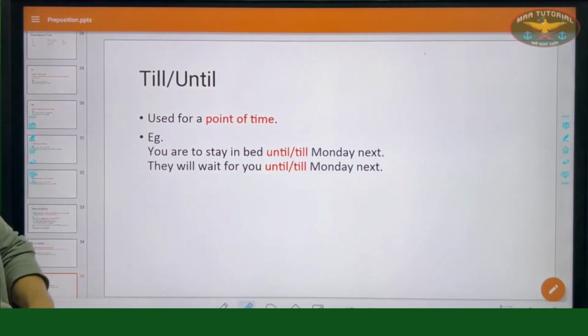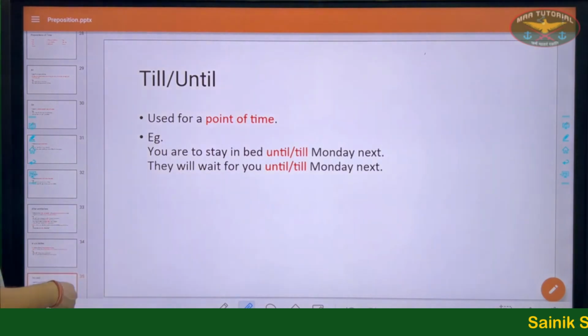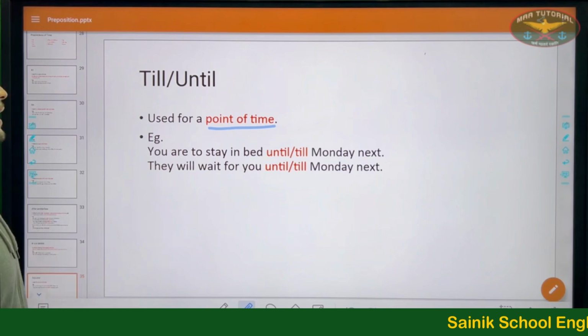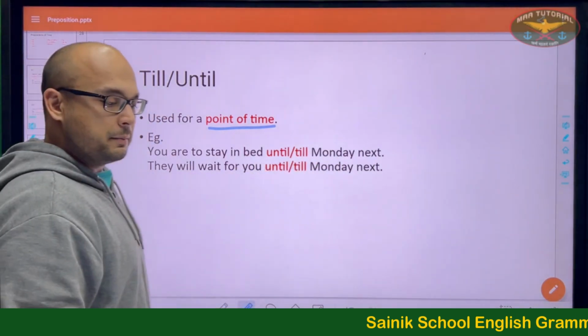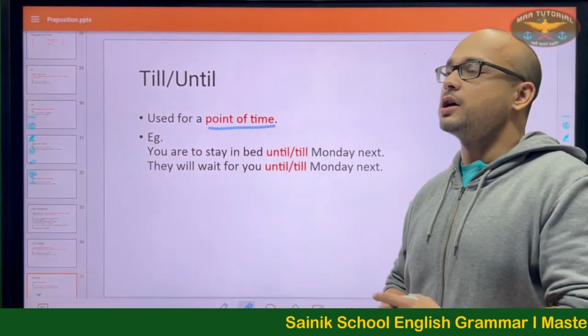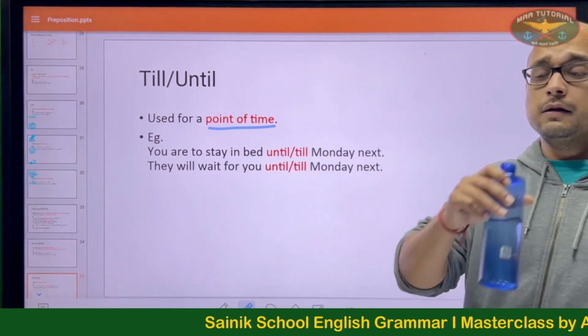Till and until. Both of them mean the same thing. That is why they are separated by a forward slash here. It's till or until. Both of them could be used. Used for a point of time. So you are to stay in bed till or until Monday next. So maybe somebody has gotten sick or hurt and the doctor is instructing them bed rest. They are asking them to stay in bed until